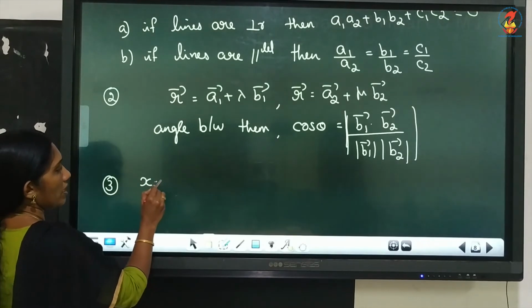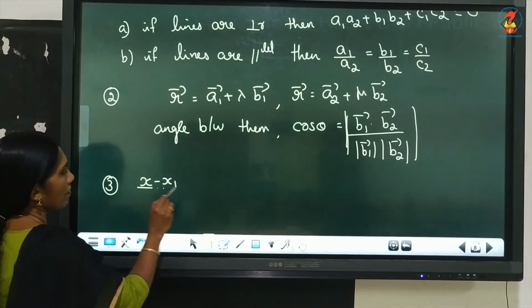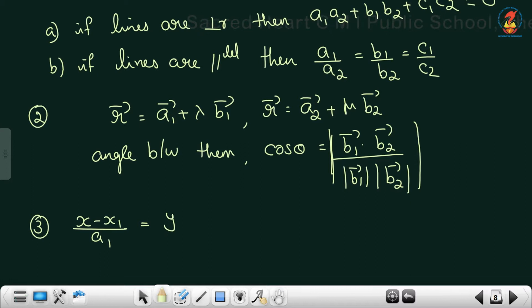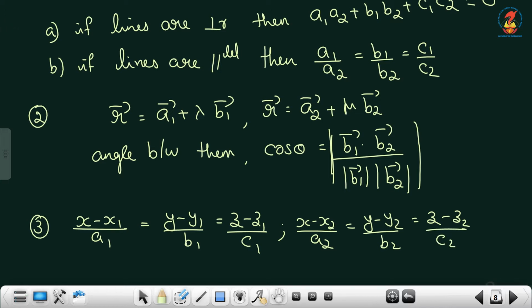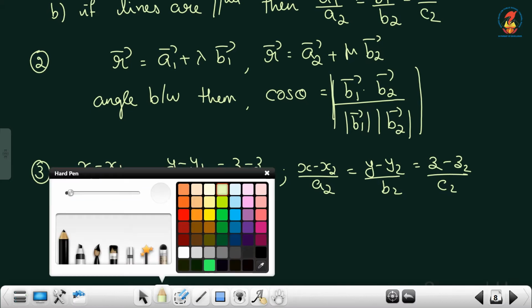X minus x1, that's a form. (x minus x1) by a1 equal to (y minus y1) by b1 equal to (z minus z1) by c1. This is the first line. Second line: (x minus x2) by a2, (y minus y2) by b2, (z minus z2) by c2. So two lines, Cartesian forms given, then angle between them,